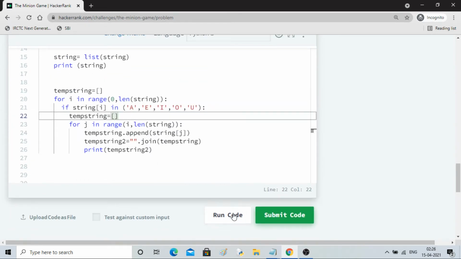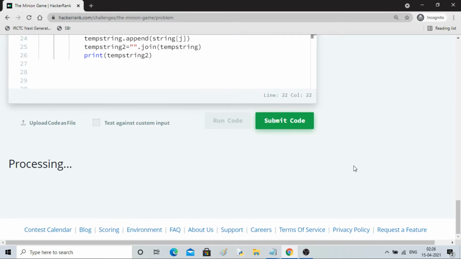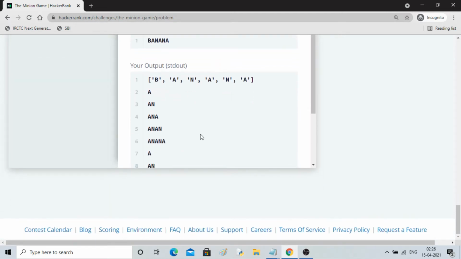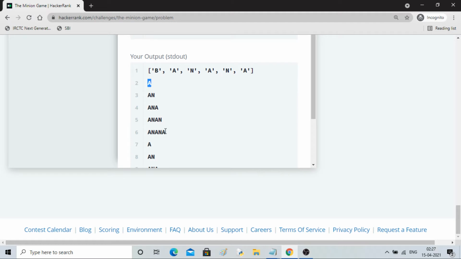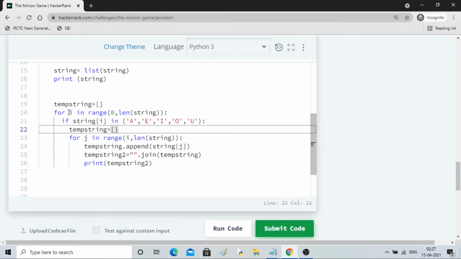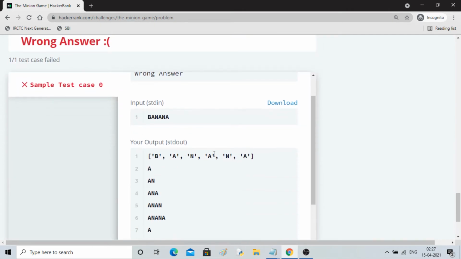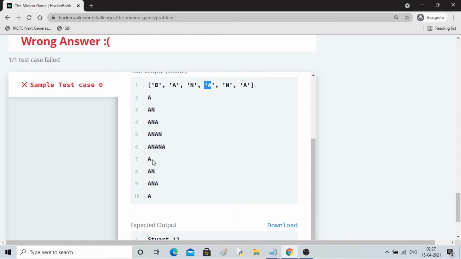So let's run it now. You can see that now when it completed A this time, it went to N. The bigger for loop went to N. Then N is not a vowel, so it went to A. See, A it made, then AN, it will make AN.